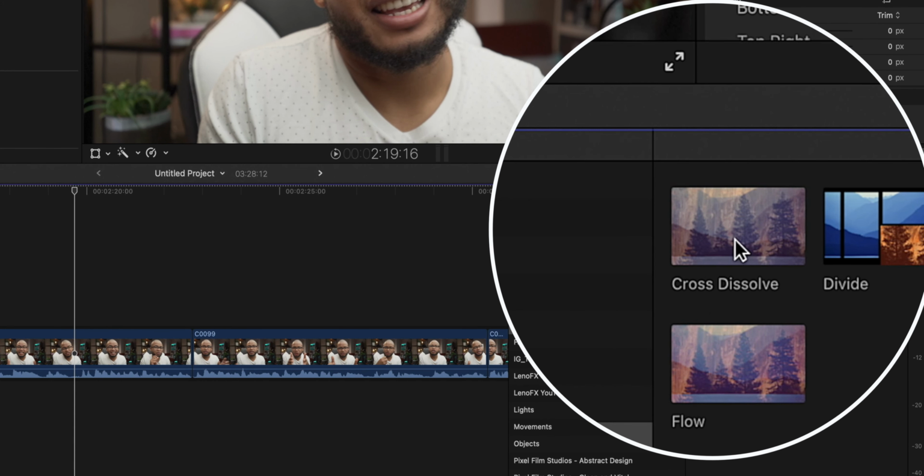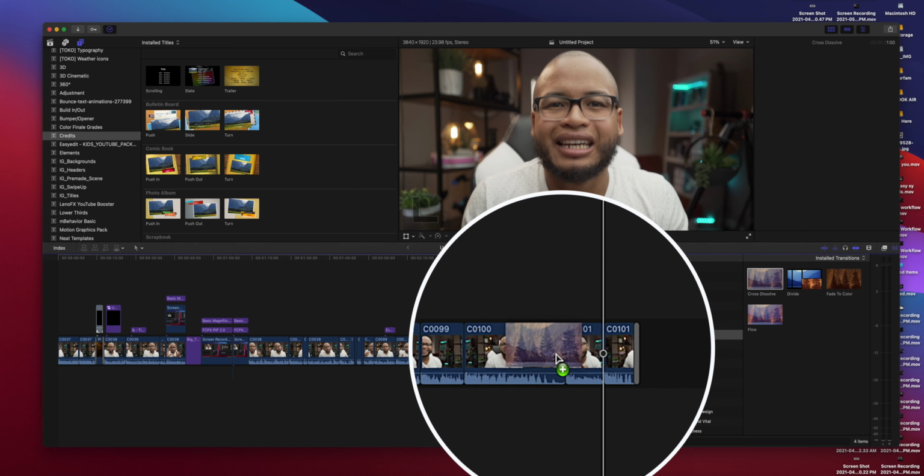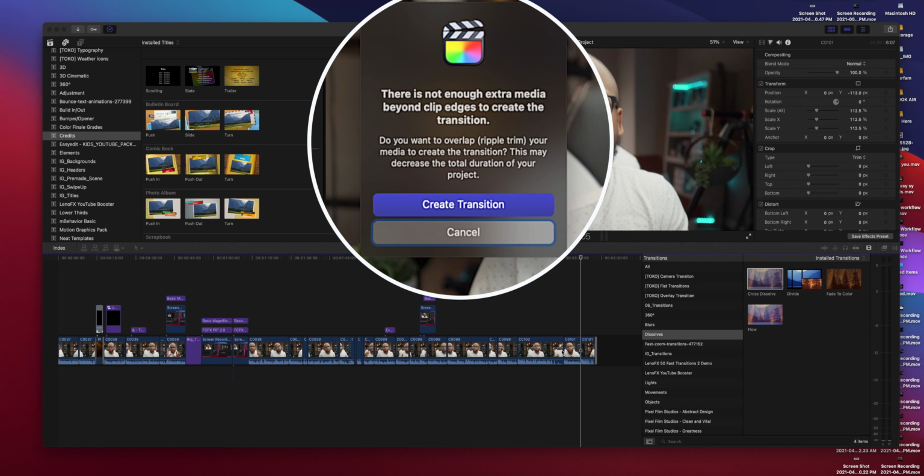The fading transition actually needs space, literal space on your timeline to create the transition from one clip to another. And it becomes a problem when there is not enough space between the two clips, especially in audio, because you lose some of the audio that you want people to hear. You are saying something, and you want people to hear it, but you lose some of it because you're using the fading transition.